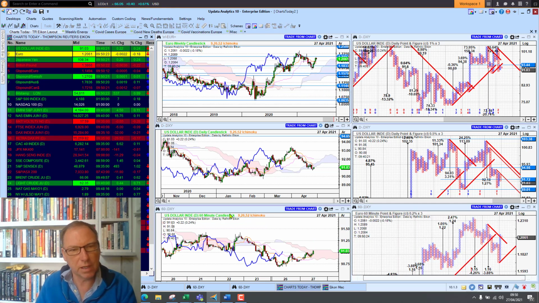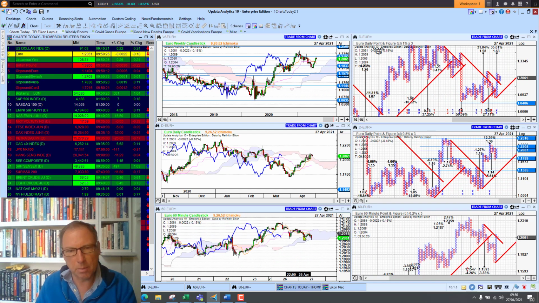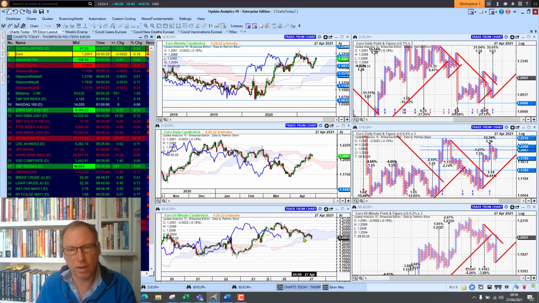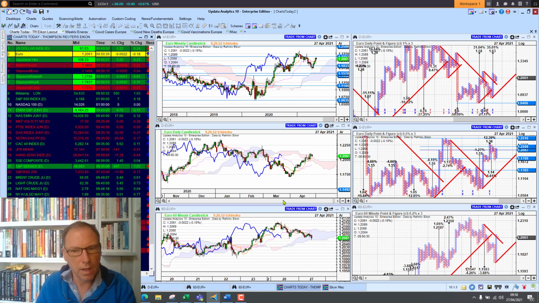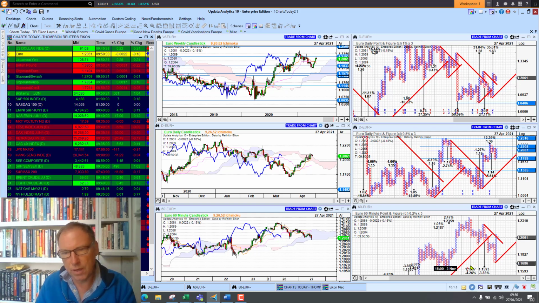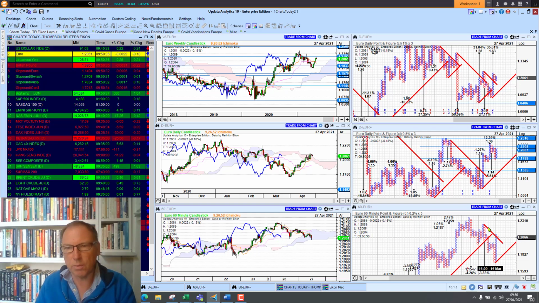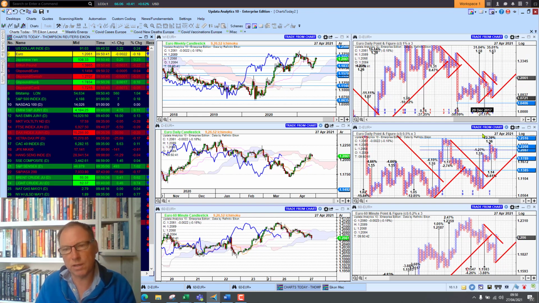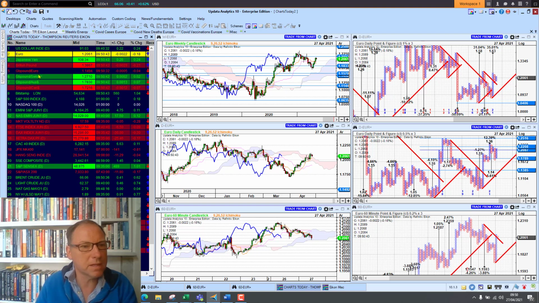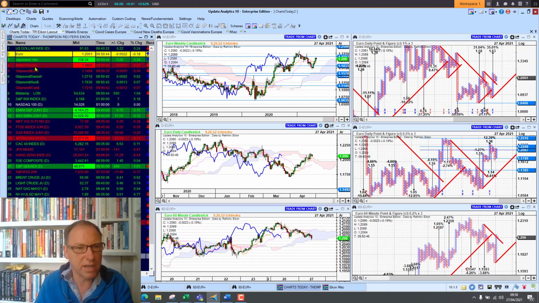Looking at the euro, we're sitting at 120.61. It's coming back to test that cloud from above and testing the resistance on the medium-term chart. We do have downside targets for the euro, although we have had this sharp recovery, which will give us a new upside target. We've got longer-term upside targets and one downside target. So the picture is still pretty mixed, and that's quite often the case with currencies that tend not to trend,